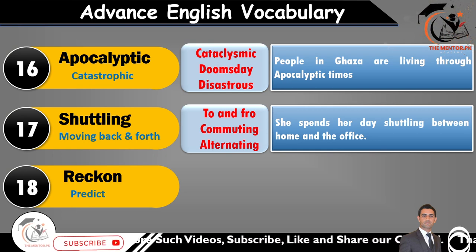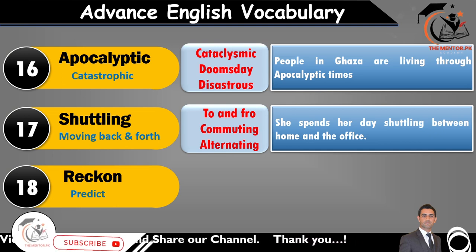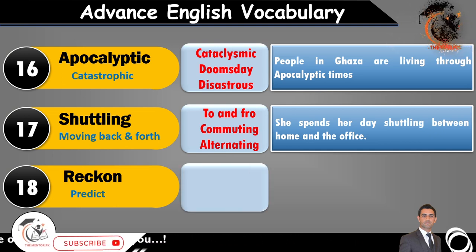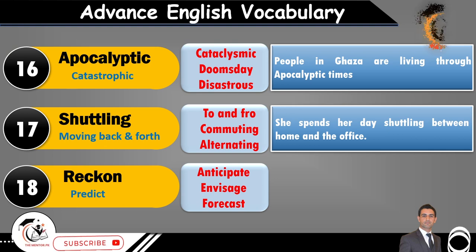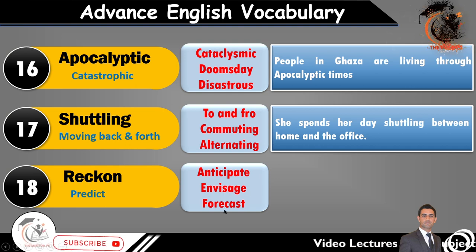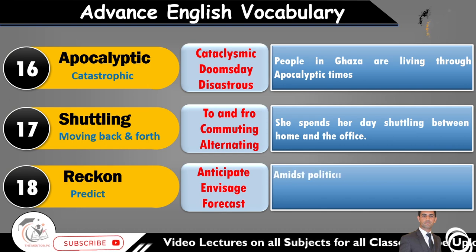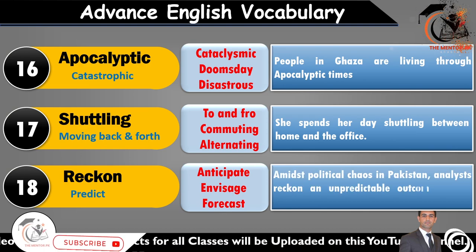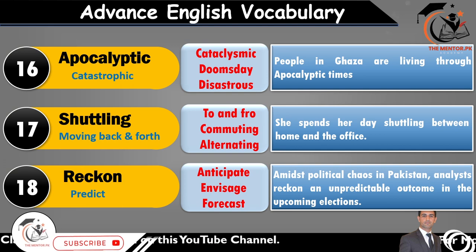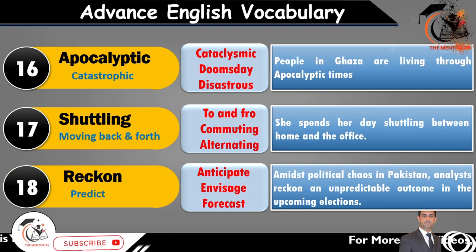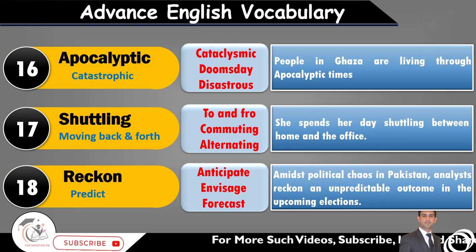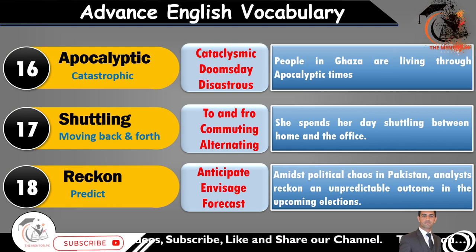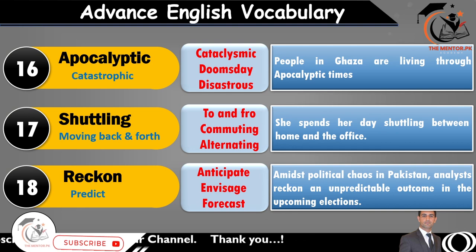The next word is reckon. Reckon means predict something, forecast something, say something about the upcoming event in advance. Its synonyms are anticipate, envisage, and forecast. And its sentence is: amidst political chaos in Pakistan, analysts reckon, analysts predict unpredictable outcomes in the upcoming elections. Like they predict that after the elections, the result will be unpredictable and it will add to the political chaos